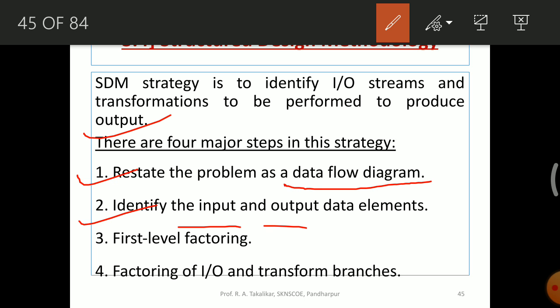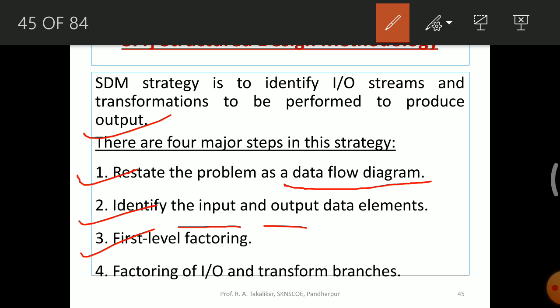We have to understand which different inputs and which different outputs will be generated through this system: the most abstract input and most abstract output, MAI and MAO. We'll see what these two terms mean, the most abstract inputs and most abstract outputs of the system. So we have to identify these input and output data elements.